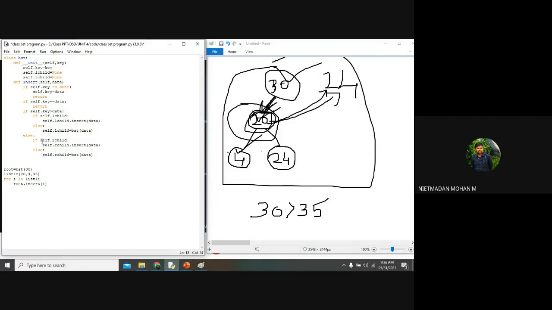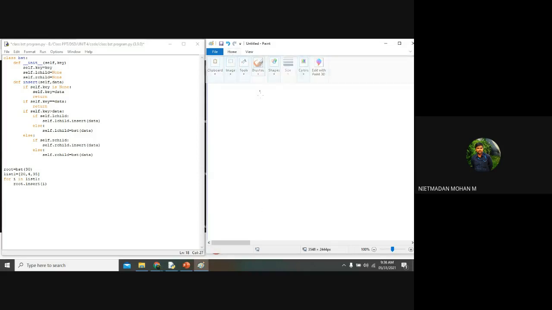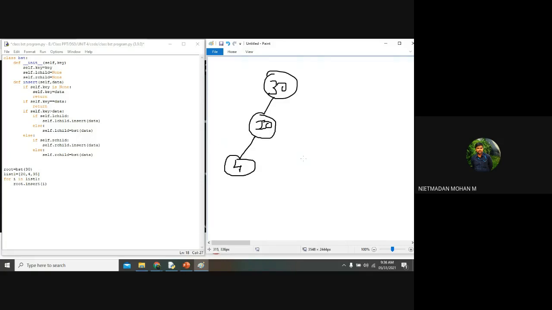If self dot r child is present. As of now, what we have done is 30, 20, and 4. So now what will happen? If self dot r child is present, here there is no r child, right?